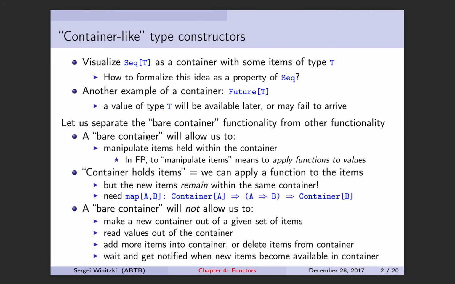I begin by saying that we want to describe the properties of data containers, such as sequence. We want to generalize and formalize the properties of such containers. And I show that the main idea of doing this is to talk about how containers allow us to manipulate items held in them by applying functions to those values that are held in containers. And this manipulation is performed using the function map, which changes one container into another